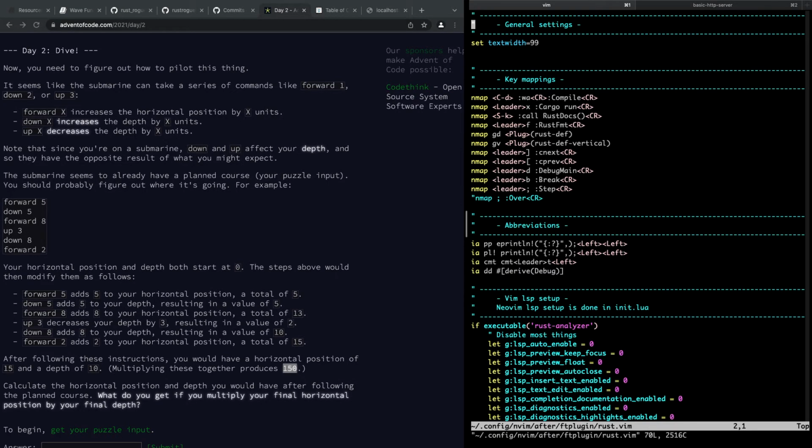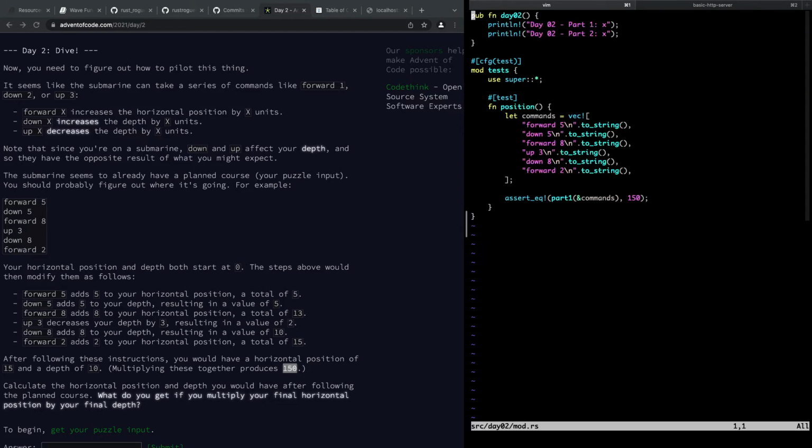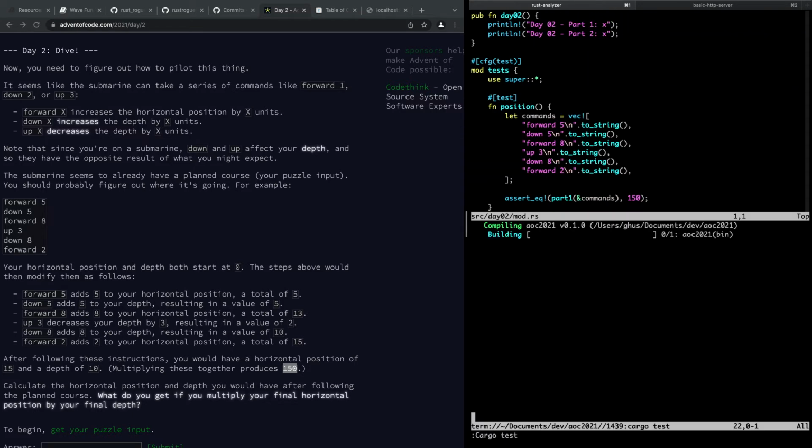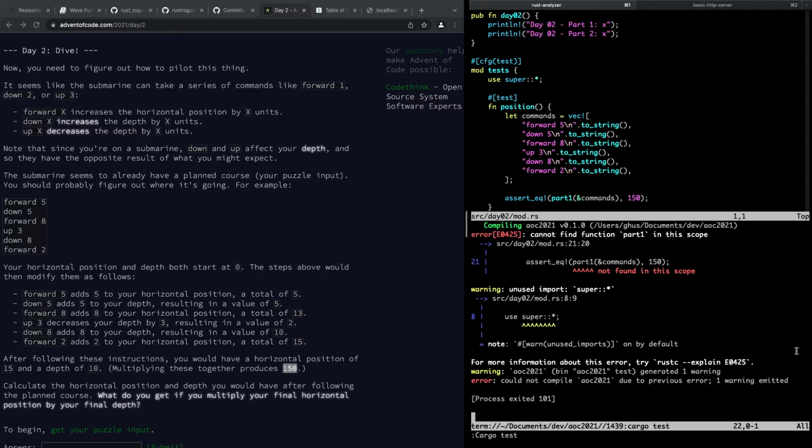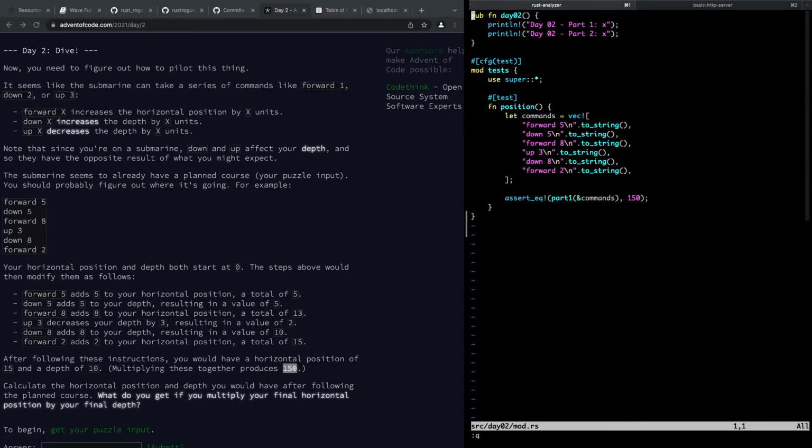Oh. Cargo run, cargo compile. I thought I had a cargo test. I don't have a test. But I think I can do :cargo test and then make a, yeah. So not found in the scope, and then this import is not used. Okay. So I'll just have to do that by hand. Anyway,